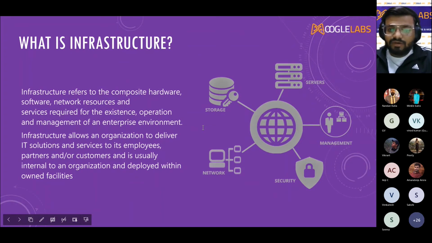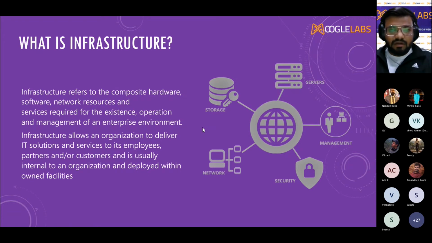And it is a major part of an organization because it enables the efficient and reliable operation of technology systems. A well-designed IT infrastructure can help organizations to reduce cost, increase efficiency, and also improve security. It also enables the deployment of new technology and services that will transform the way business